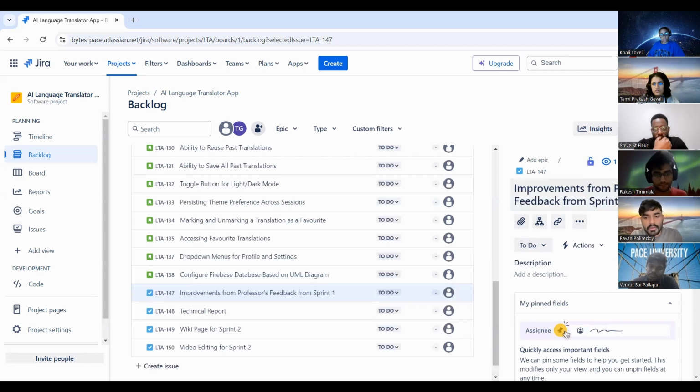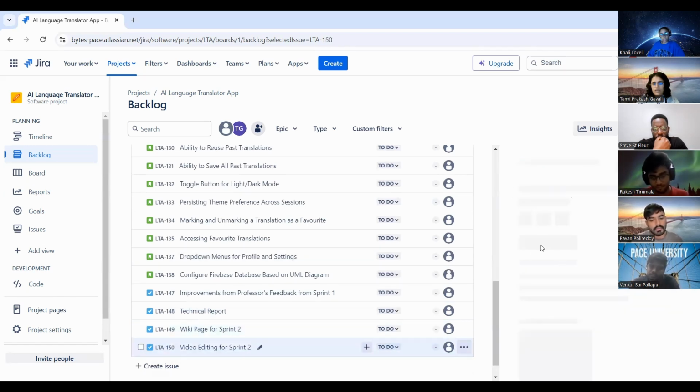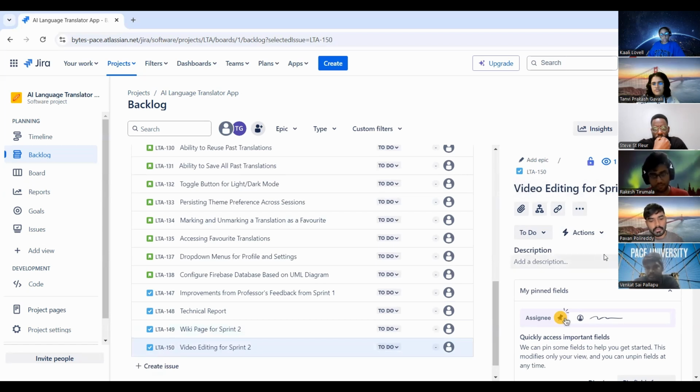Improvements from professor's feedback from sprint one. Technical report we have to submit this sprint. Wiki page we have to update. And the video editing for sprint two: the sprint planning, the retrospective, the demo, and the final presentation demo. We need to video edit all of them.